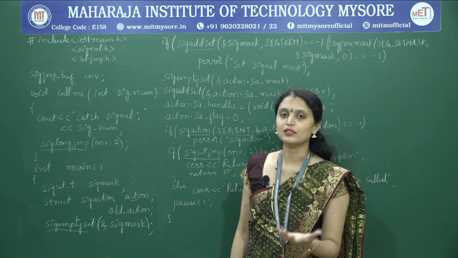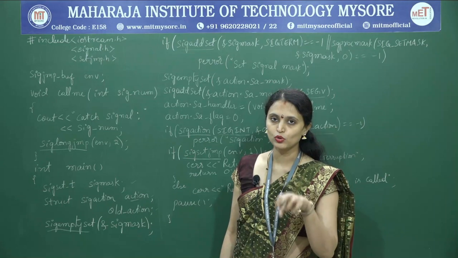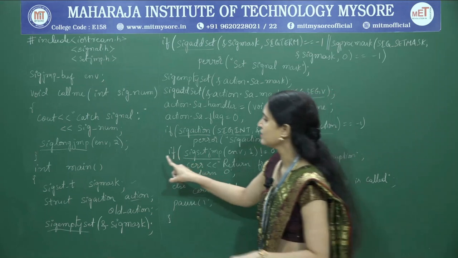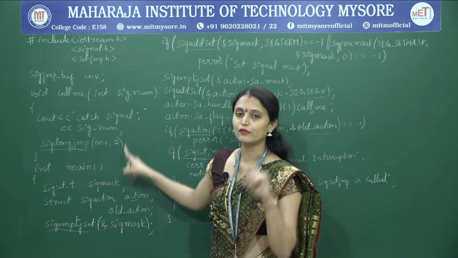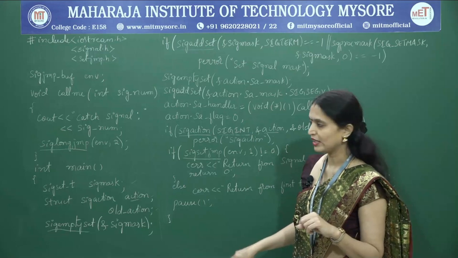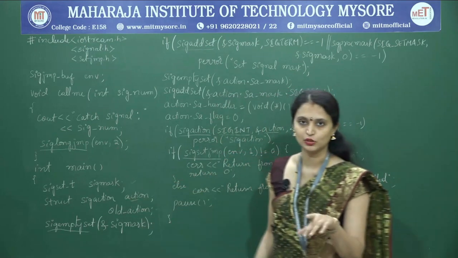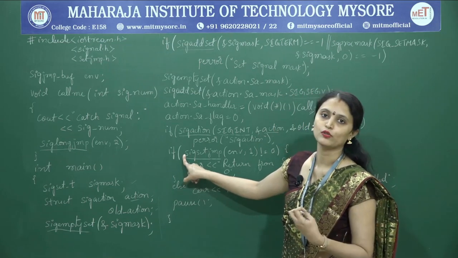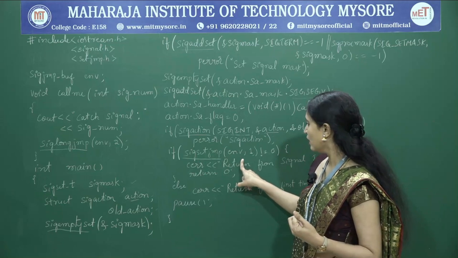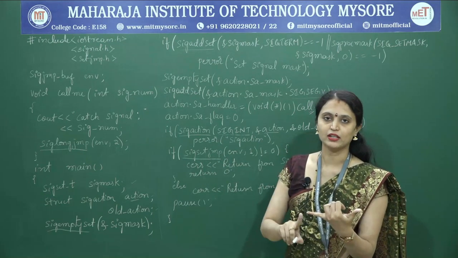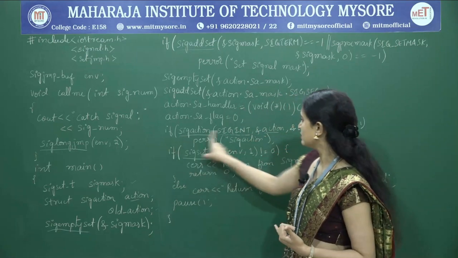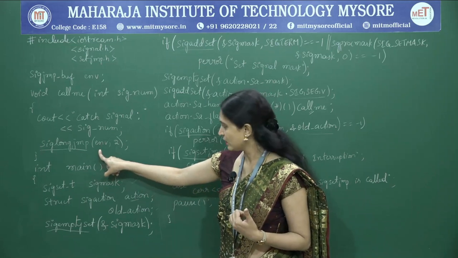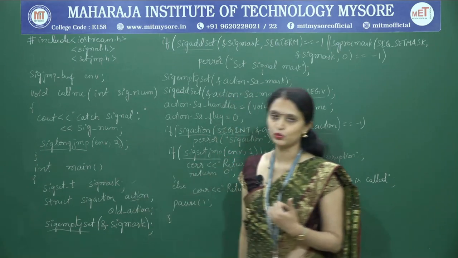As I said earlier, the functionality of siglongjmp is to restore the marked location which was marked by the setjmp. In this case we are passing 2 because in the first case it already returns 0, so I can't send the value as 0. I need the return value of this. The second time it is executed, of course it does not return 0, and when this interruption happens again, it has to be executed, so for that reason we are passing 2 here.